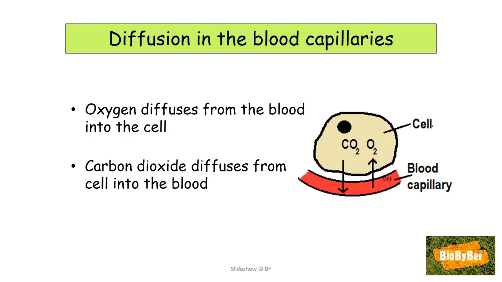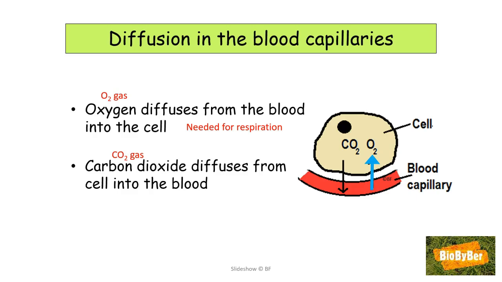What about diffusion in the blood capillaries? Well, the oxygen will diffuse from the blood where there is a high concentration. What direction will it go in? The oxygen will go from a high concentration in the blood to a lower concentration in the cell. This oxygen is needed for respiration. Remember, we come down from a high so we can figure out the direction that the oxygen will diffuse. It will diffuse from a region of high concentration in the blood to a region of lower concentration in the